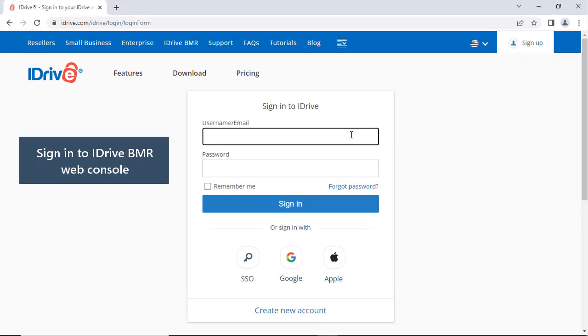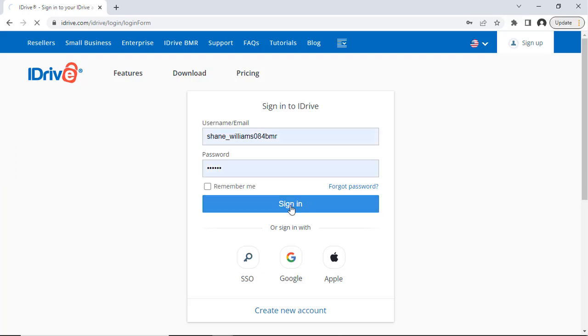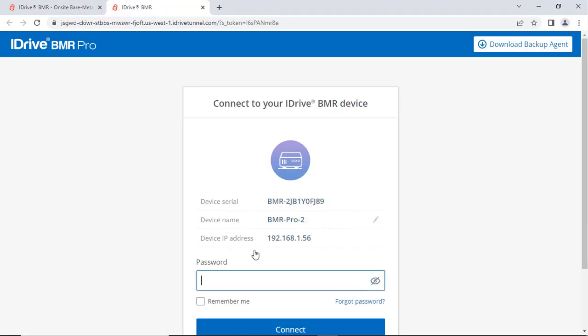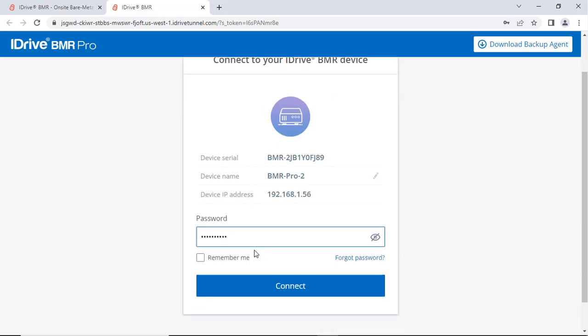Sign in to idrive.com with your iDrive BMR Pro or Cube credentials. All the devices associated with your account are listed in the BMR Devices tab. Navigate to the required device, click Connect, and sign in to the iDrive BMR device with the password provided by